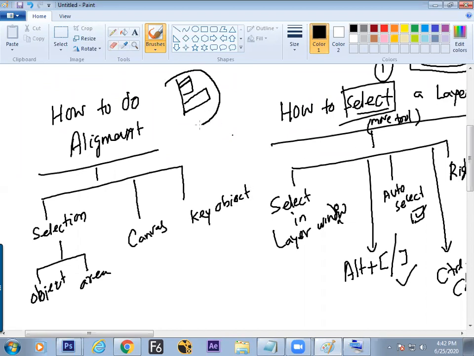First of all, we need to understand what is called alignment. That is clear. Just on a particular edge, all the objects have to be aligned properly. That is called alignment. It may be horizontal, vertical, middle, anything, but alignment has to be done. Edge arrangement is called alignment. And alignment in Photoshop, how many types? 1, 2, 3, 4 types of alignment. What are those? Selection with respect to object, selection with respect to area, canvas reference, or key object. Key object means main object reference. Let us start with the first one.